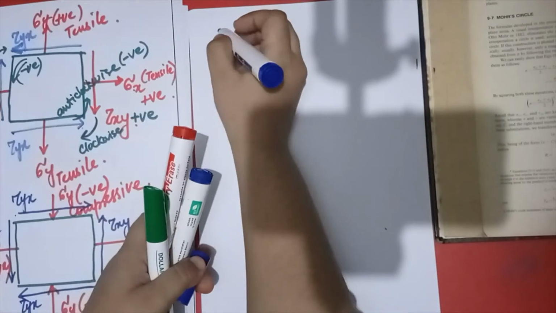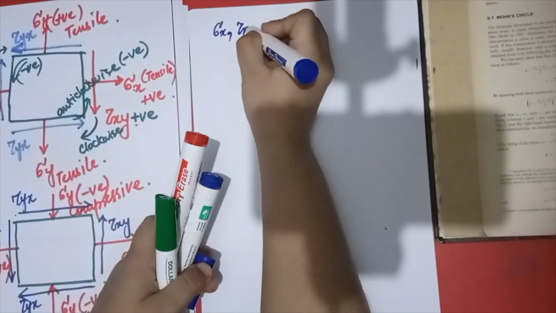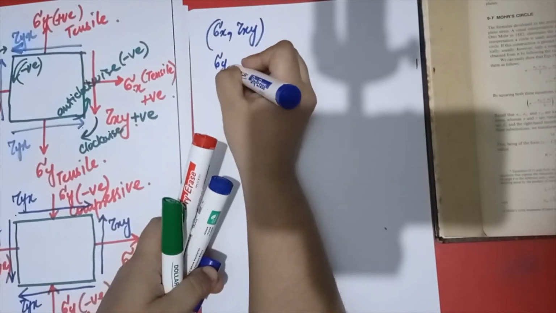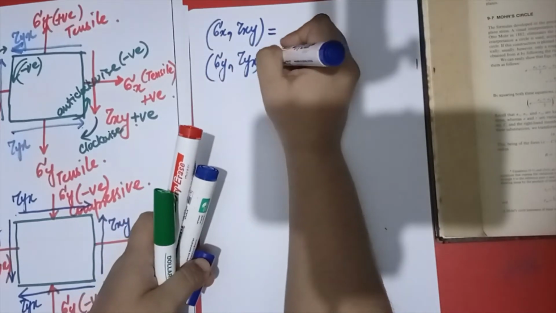So for example, it is sigma x, tau x, and this is sigma y, and tau x. So if it is same,